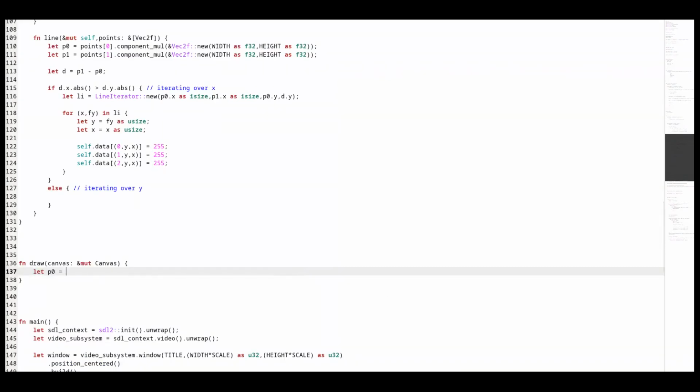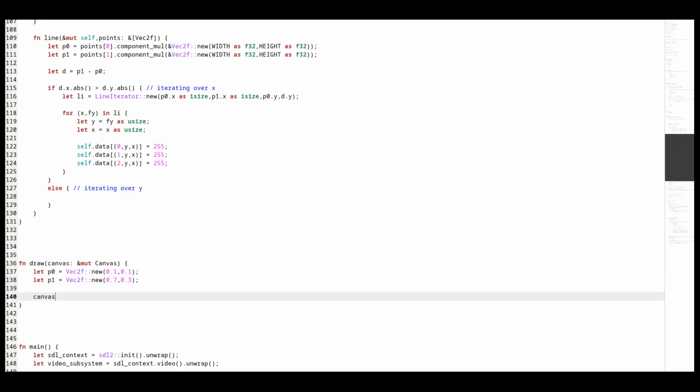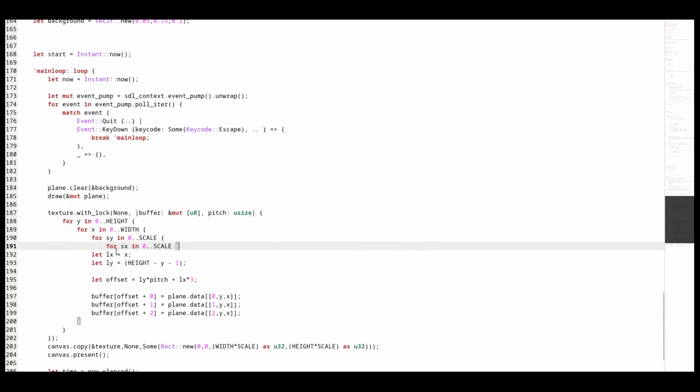Defining some points to pass to the line method. And this is our result. Let's look at pixels in another scale. We need to edit our copying code a little.